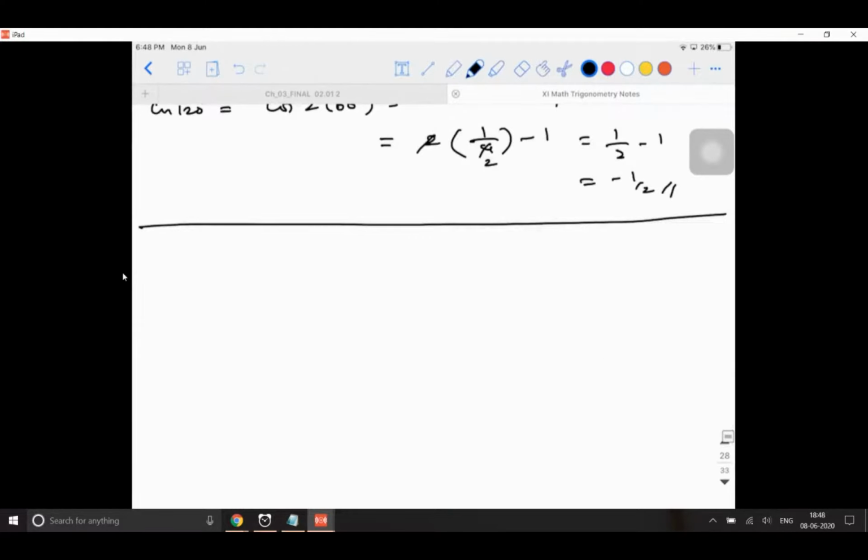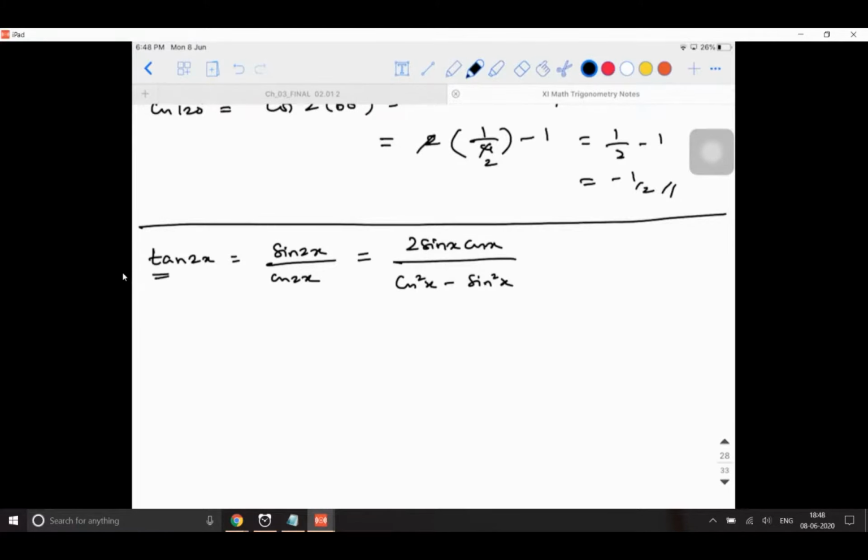So now we have finished sine 2x and cos 2x. Now what are we going to do? We are going to do tan 2x. So tan 2x, how can I write it? I can write it as sine 2x divided by cos 2x. Right. So what is the formula for sine 2x? There is only one formula for sine 2x, that is 2 sin x into cos x, divided by cos 2x. Cos 2x has multiple formulas. I can use any of the ones I want. Cos square x minus sine square x.